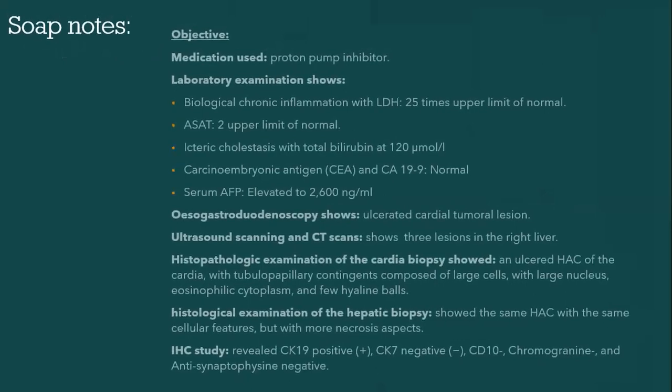Now discussing objectives. Patient was previously given a proton pump inhibitor for the treatment of gastric reflux and hiatal hernia. Patient has an increased level of LDH, which is lactate dehydrogenase. It is an enzyme found in all the cells of the body and is involved in the energy production of the body. An increase in lactate dehydrogenase enzyme can indicate liver disease, anemia, heart attack, muscle trauma, cancer, bone fracture,